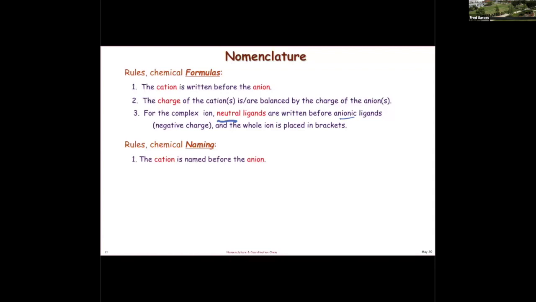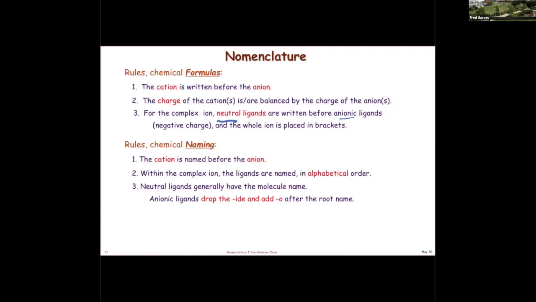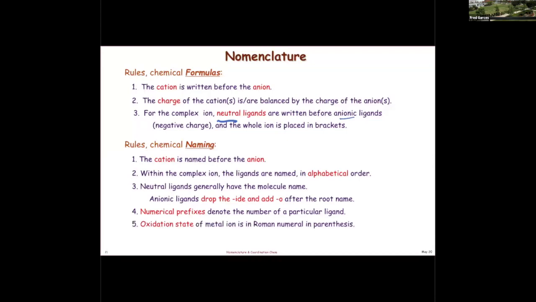For naming, the cation is named before the anion. Within the complex ion, the ligands are named in alphabetical order. Neutral ligands generally have the molecular name. Anionic ligands drop the ide and add o. We saw that already. Numerical prefixes denote the number of a particular ligand. So rather than explain these rules, I want to show you an example that way you can see how these rules are applied. Oxidation state of the metal is in Roman numerals. So let's take a look at